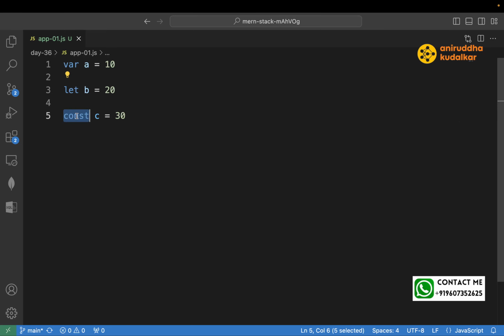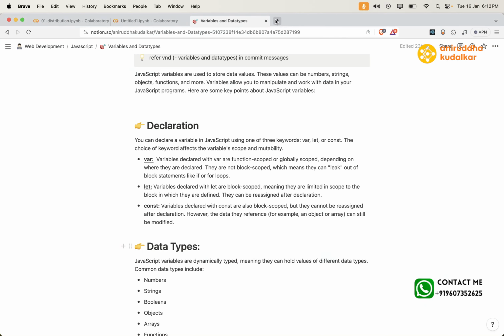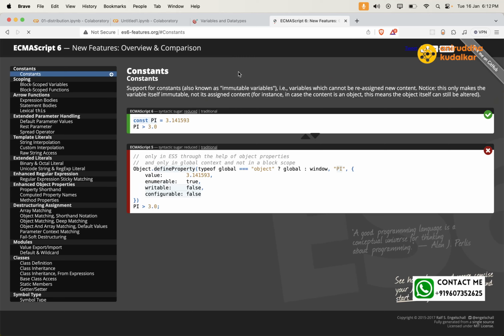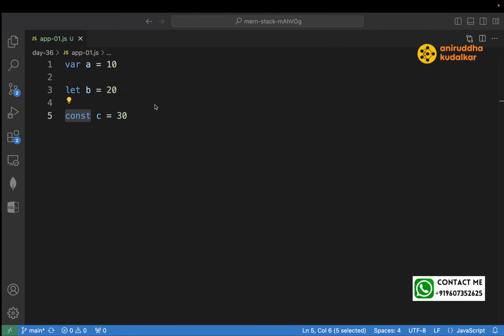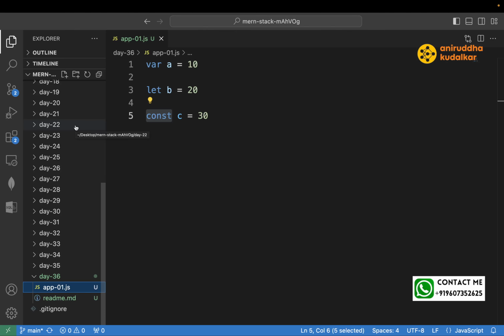Now what is let and const? Can anyone tell me what let and const are? If you remember, we have seen there is something called ECMA6, ES6. Okay, const is a value that doesn't change, correct? So var,